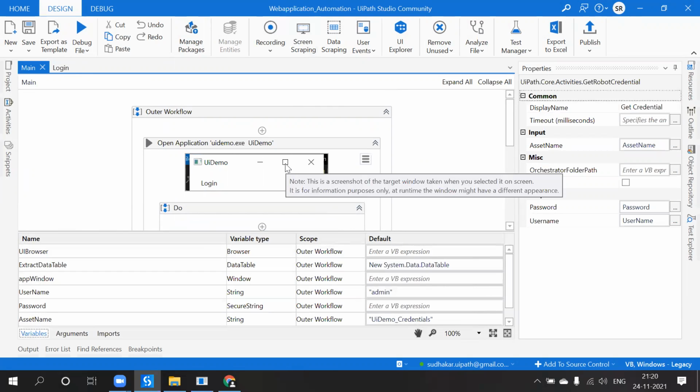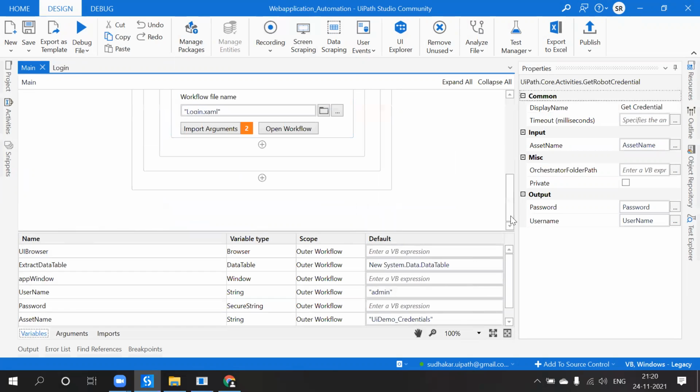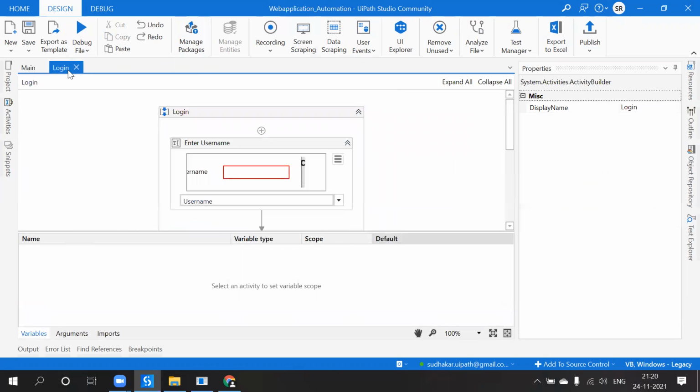If you want to pass the values from one workflow to another workflow, because we are passing the values of username and password from the main workflow to another workflow called login, for that we will use arguments. That is the difference. Arguments are used for passing values from one workflow to another; variables are used for passing values within the workflow. You have to answer the same when you are attending an interview.